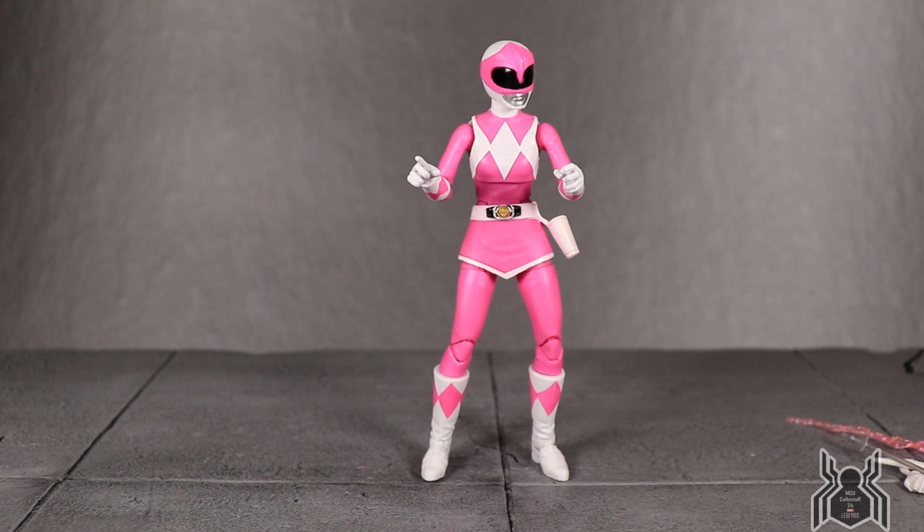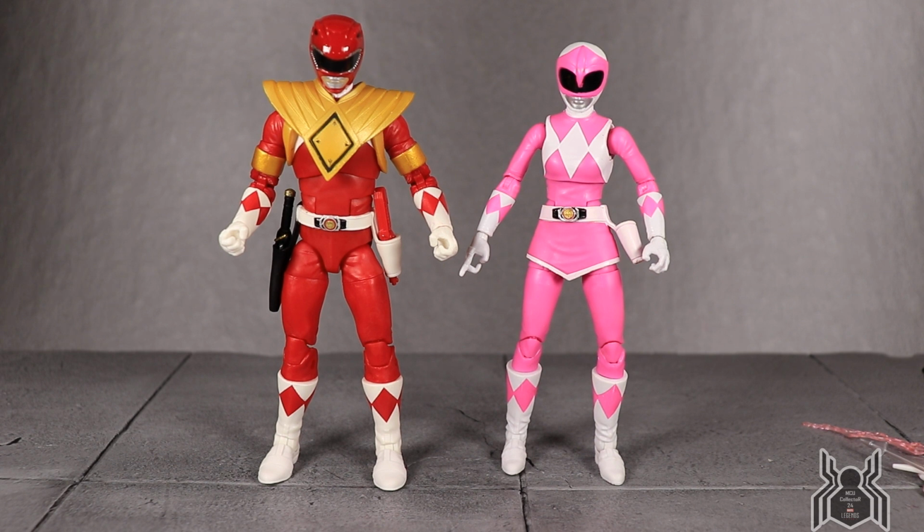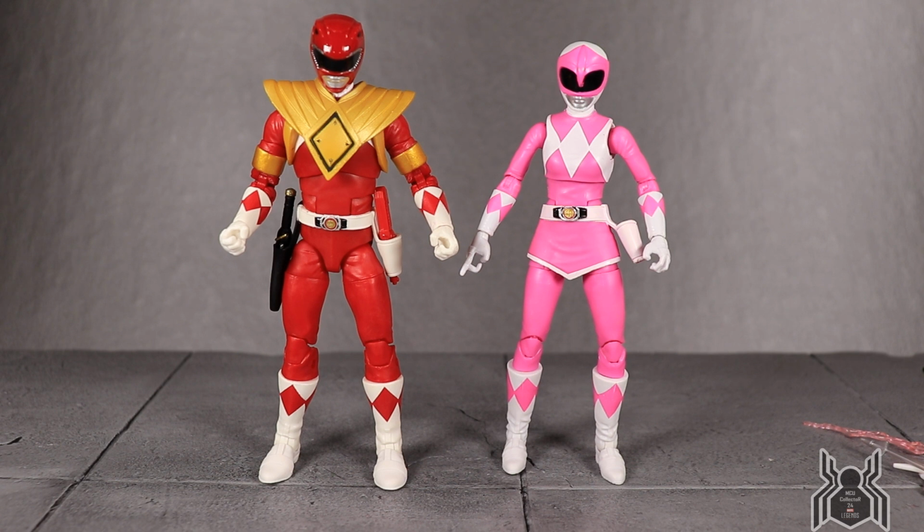But Toy Shiz had some really good coverage, and I know they had talked about the articulation and everything, specifically when it comes to this Pink Ranger figure, and you know what, Hasbro did a great job with it. Okay, and here's the Pink Ranger next to the Red Ranger, really the only other figure that we have from the team. Green and White Ranger I kind of consider special Rangers, so they're not necessarily part of the original core team. And then technically this Red Ranger wouldn't be part of that core team either, but there they are